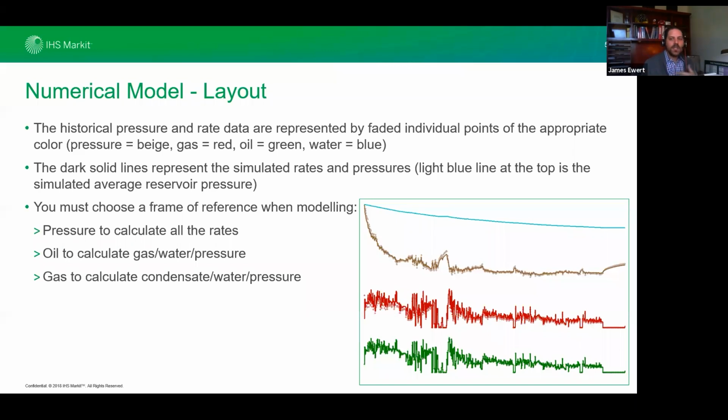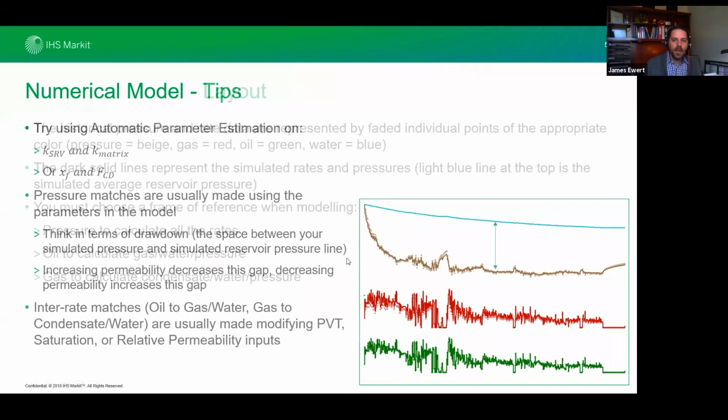If you are trying to get a match between fluids, notice how my match here looks great from beginning to end. If my gas and my oil were mismatching, that tells me that I need to go and look at my PVT information, my bubble point, for example, or I need to look at my rel perm curve, something like that. Because what I'm trying to do there is to make the relationship between the parent and the child, not really in terms of wells, but remember, I think of the gas as a child, to get them to get along. So if your fluids are mismatching, that's a PVT or a rel perm issue. If you're looking for a pressure match, that is when you would change the parameters in the model itself that I showed you a screenshot of a moment ago.